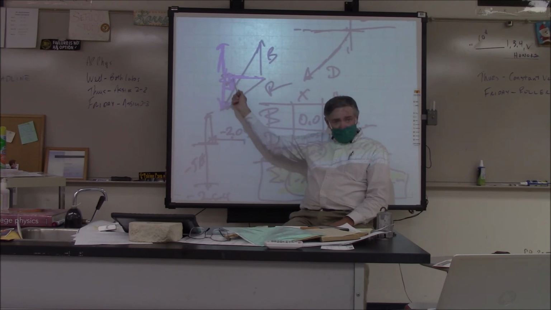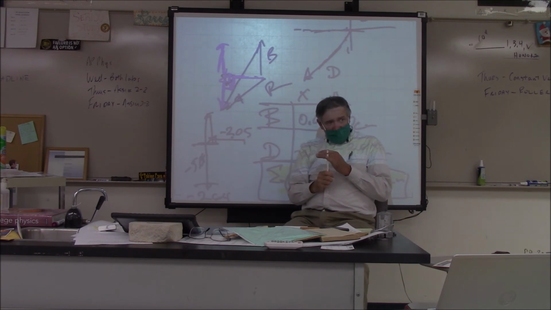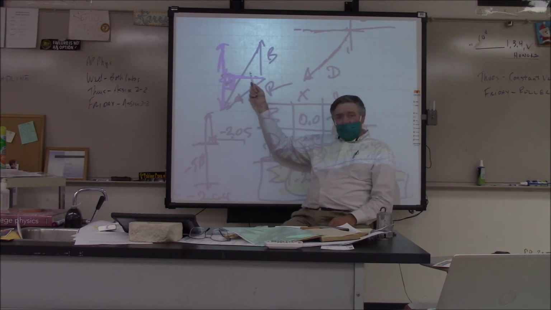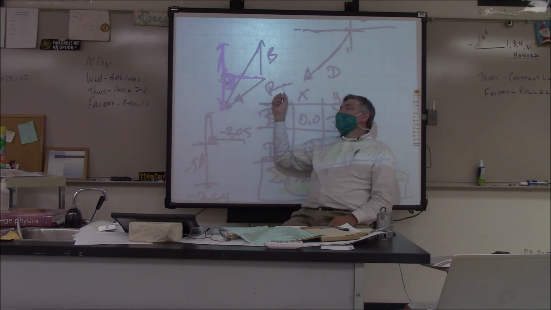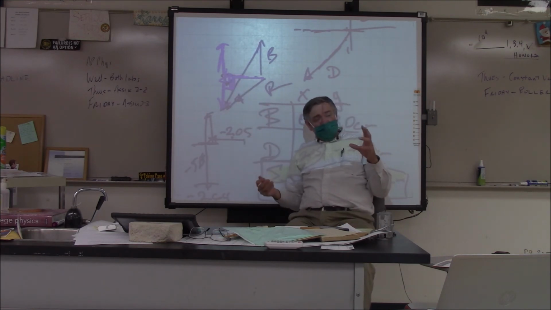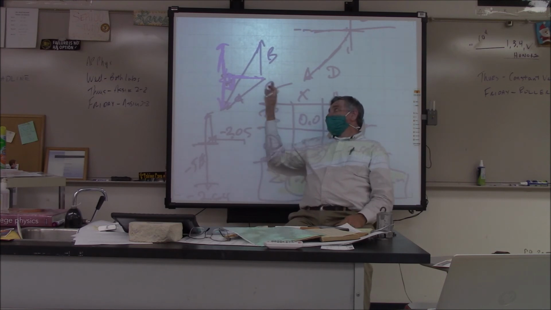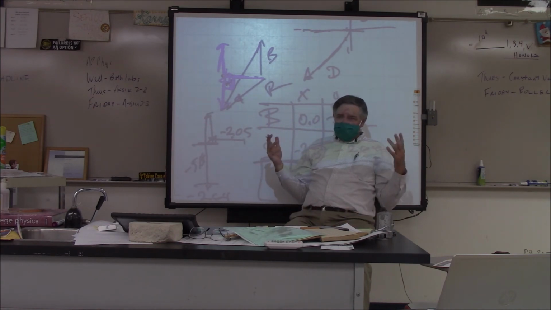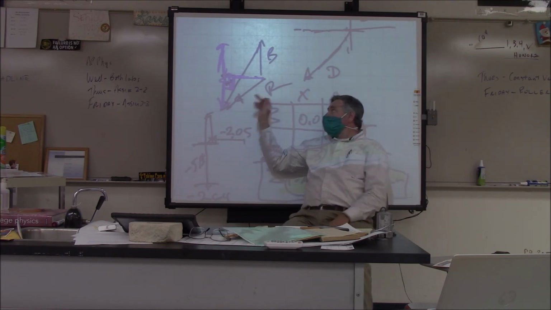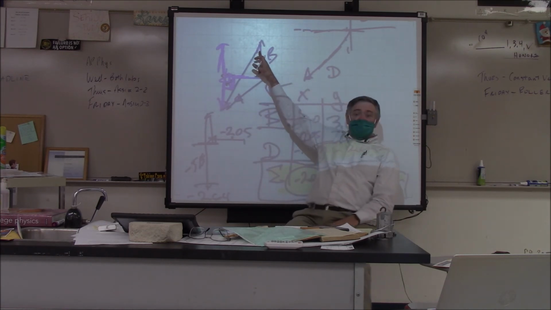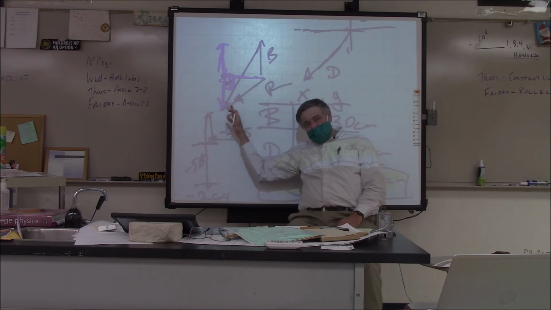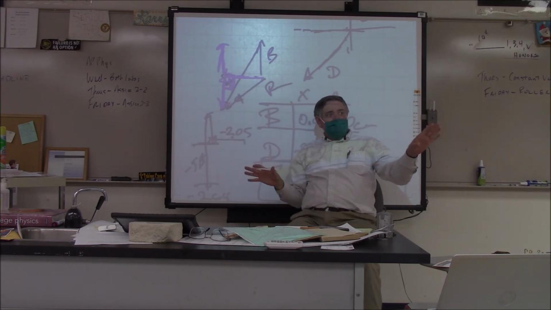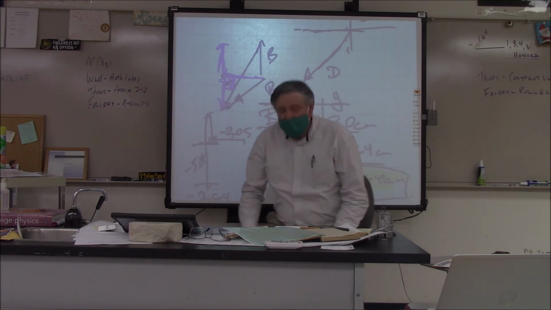This is now a right triangle. By having this as a right triangle, then we can use the Pythagorean theorem. Then we can use inverse tangent to find this angle, okay? So this is why we deconstruct the vectors into the x and y components, so that when we reconstruct them, we end up with the right triangle, and we can use the Pythagorean theorem and inverse tangent and all sorts of good stuff. But we can't use that if we've got this jacked up triangle here. But once we break them up into the x and y components, hey, then we're cool, okay? So, at this point,